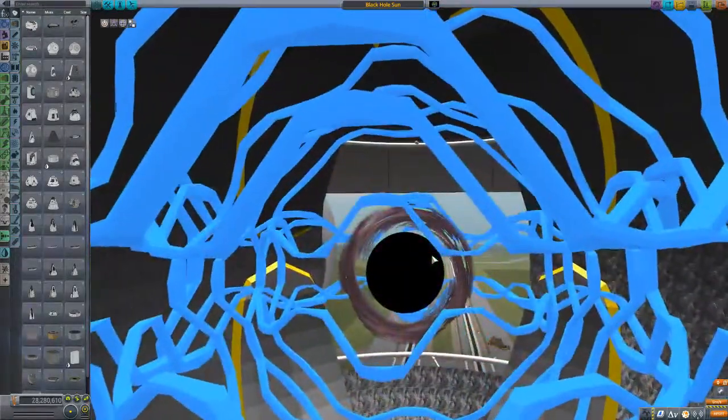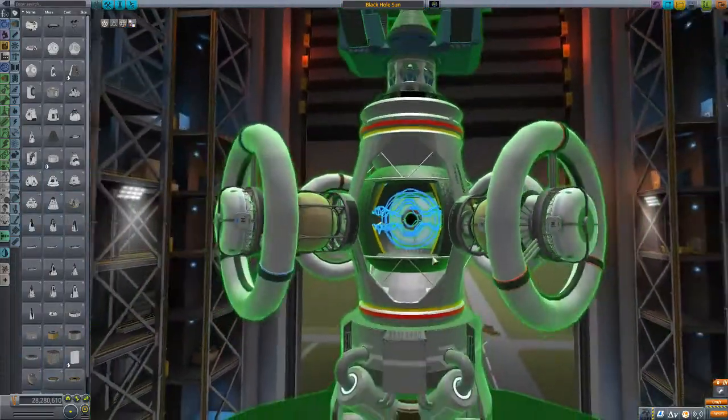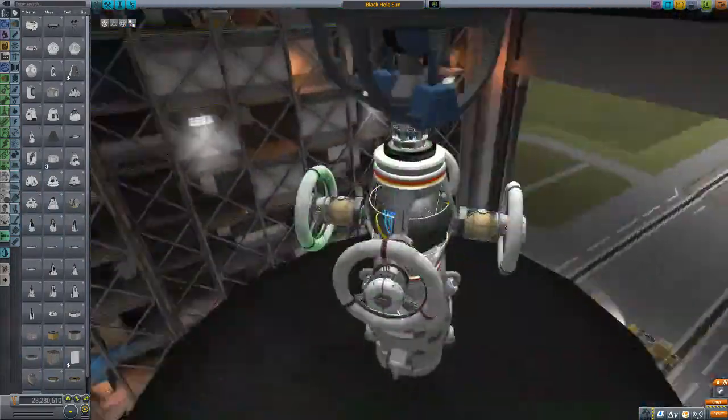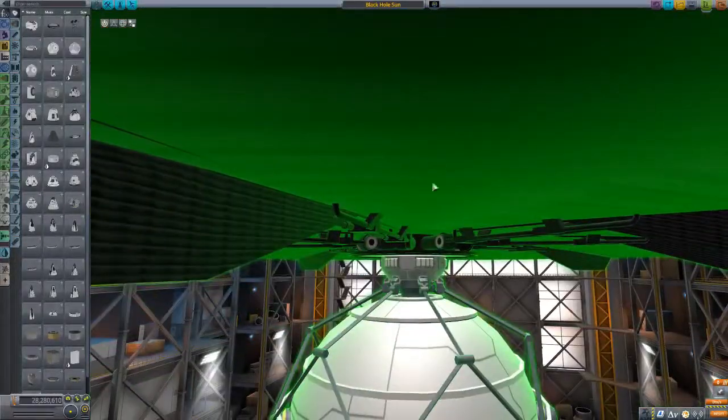Hey, how you doing, singularity? Being all singular, tiny little point. Okay, so all sorts of contraptions needed to do this safely. You basically need a lot of